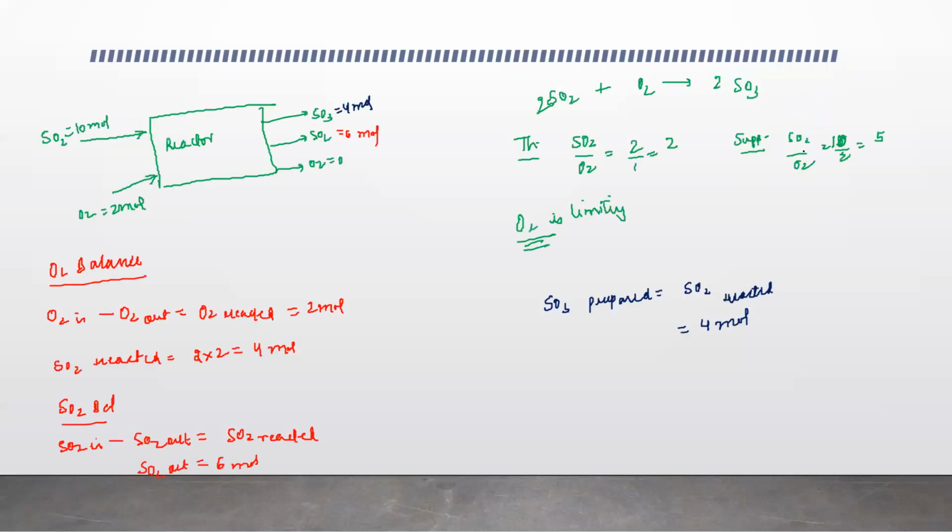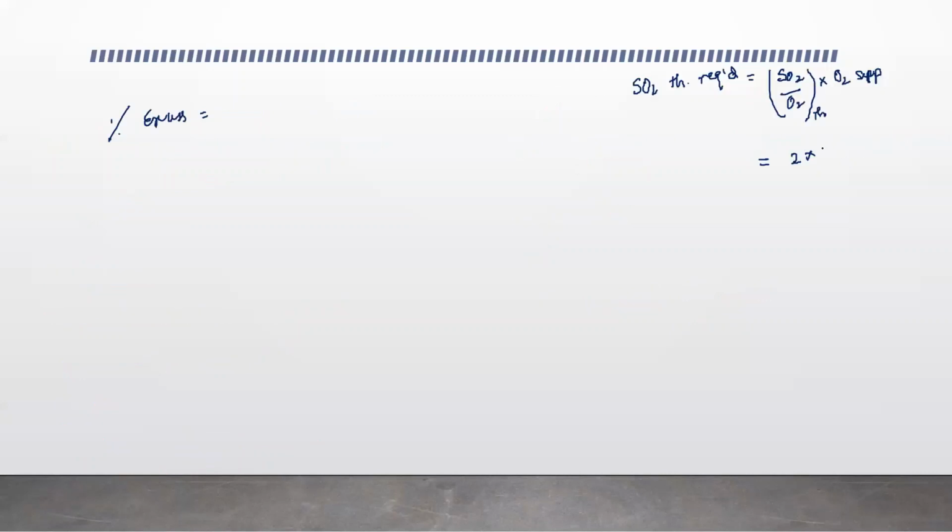So SO2 theoretically required is equal to SO2 by O2 theoretical, the theoretical ratio, into O2 supplied, right? That is theoretically required. So SO2 by O2 theoretical is 2 and the amount of oxygen supplied is again 2 moles, right? So that is going to be 4 moles. That you can obviously see that